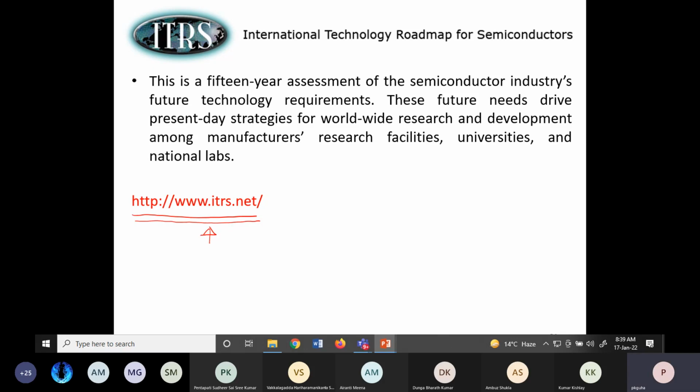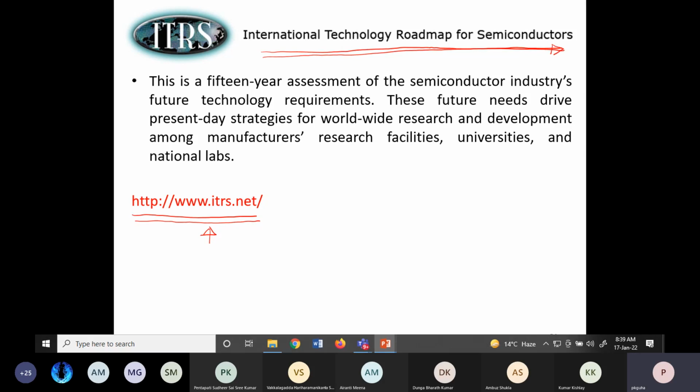There was an organization, I'm saying was because this is no longer there. This organization is known as ITRS, or International Technology Roadmap for Semiconductors. So this was an organization which,